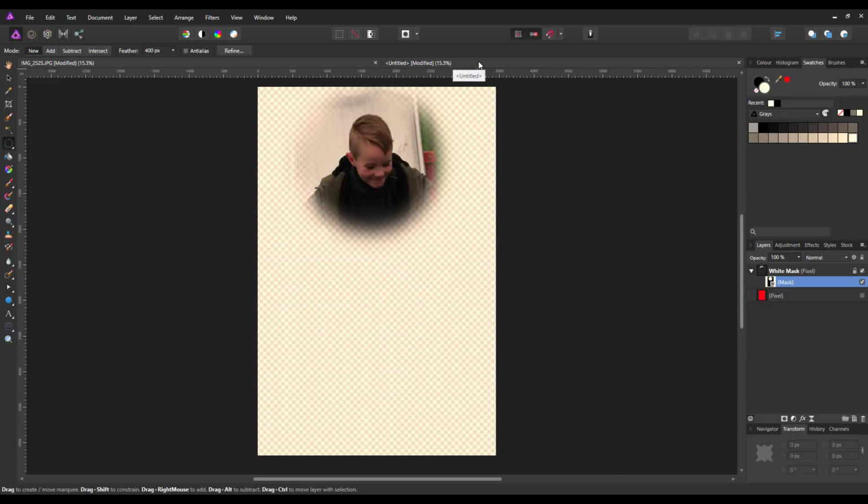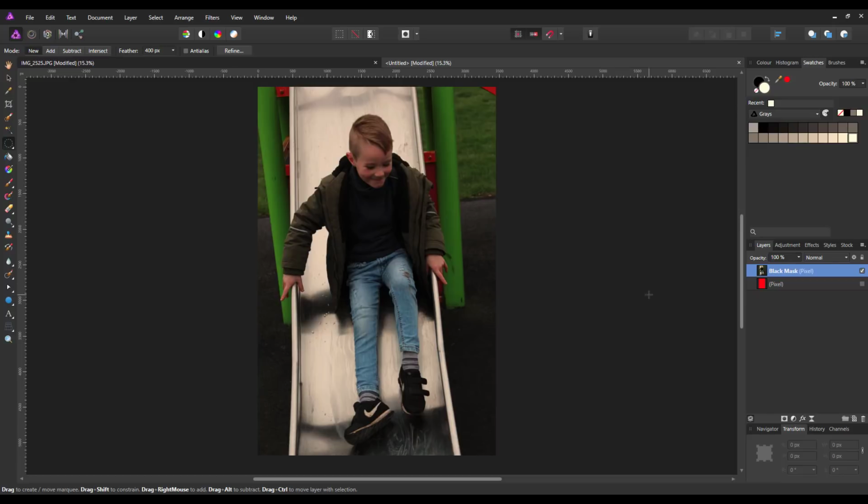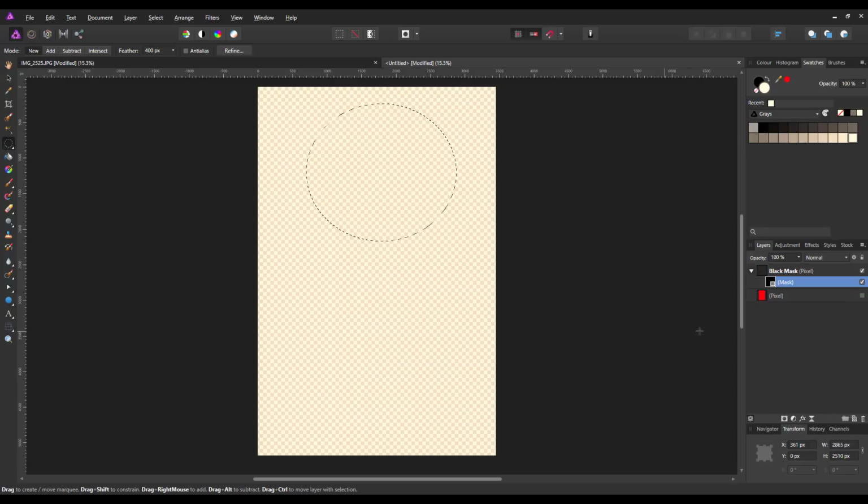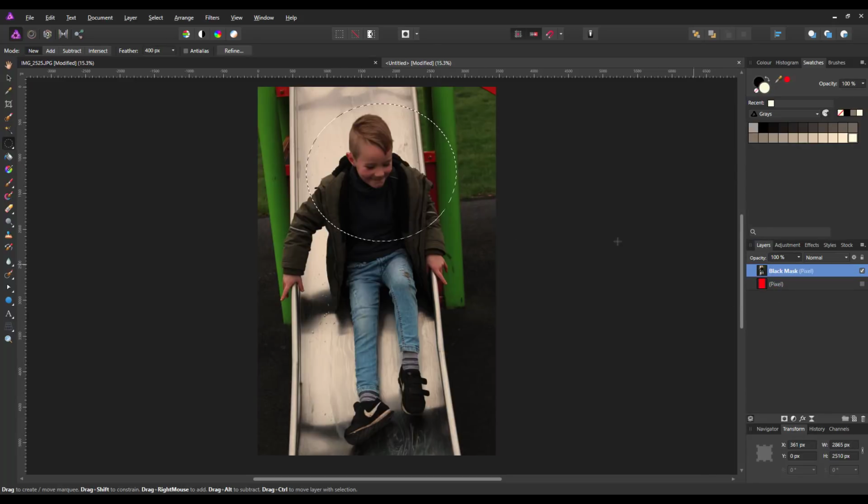Now you can't really do that with a black layer mask, but if I make a selection, a similar selection like that, and I hold down the Alt key and click on the layer mask icon, it just puts a solid black layer mask. It just sort of disregards the selection area. Let me just press Ctrl and Z to get rid of that. So what you would have to do